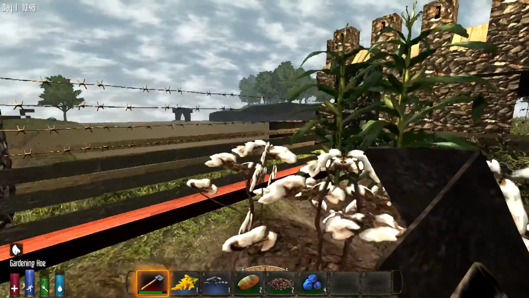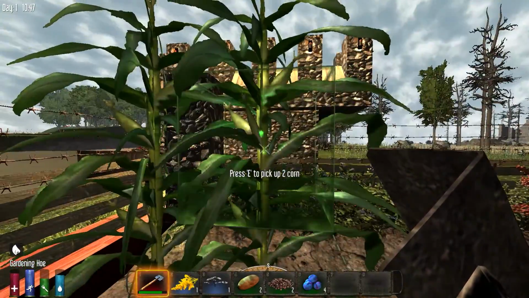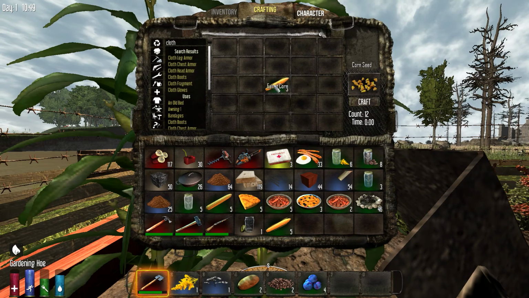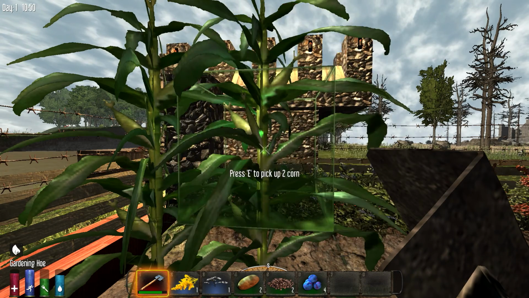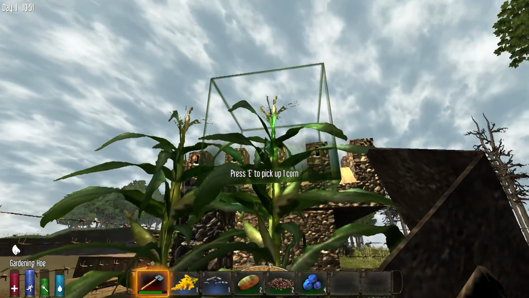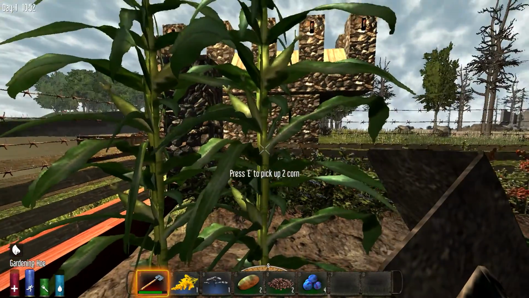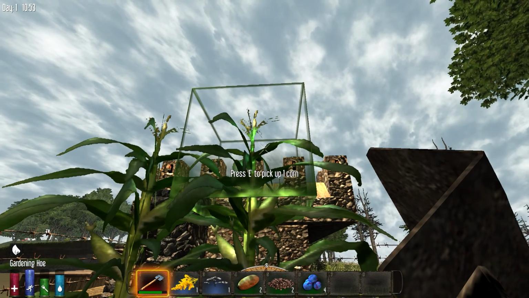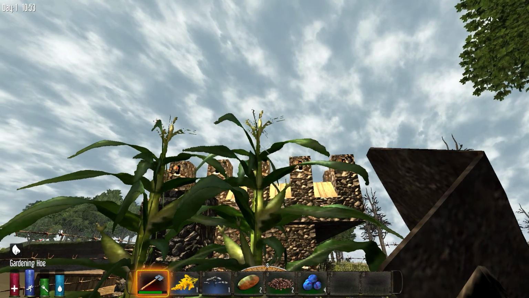You only want to pick up the top every time you harvest. Why is that? Because, well, if you get 3 from a full corn, that gives you 12 seeds. You can do another 12. However, corn takes forever to grow to its fullest height. It takes about 3 to 4 days to grow to here, and then it takes another 2 or 3 days to go fully up. So the best thing is to take the 1 corn from the top,